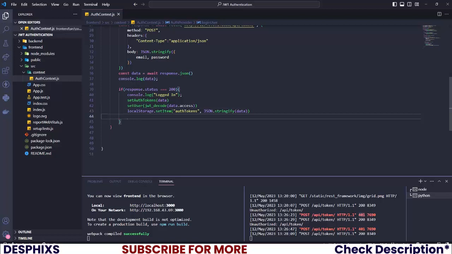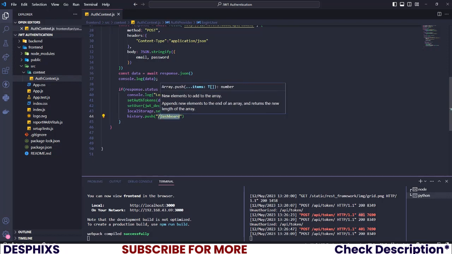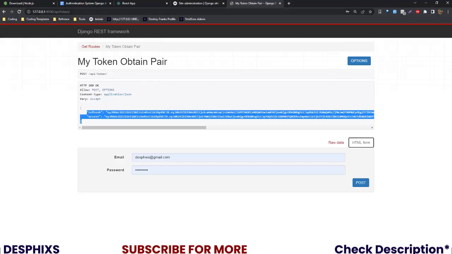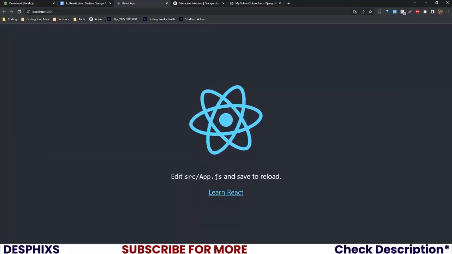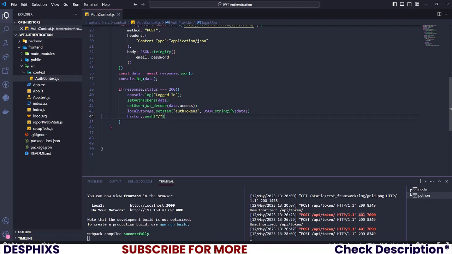So now a user is logged in. Let's just go ahead and say something like history.push, and let's push them to the home page, or you can push to whatever page you want to push to, dashboard or whatever. But I'm gonna stick with the home page for now. So whenever we just push to this slash, then a user logged in, it's gonna push them back to the home page, which is this one over here. Now we're still gonna change up all that. So after you've done this,